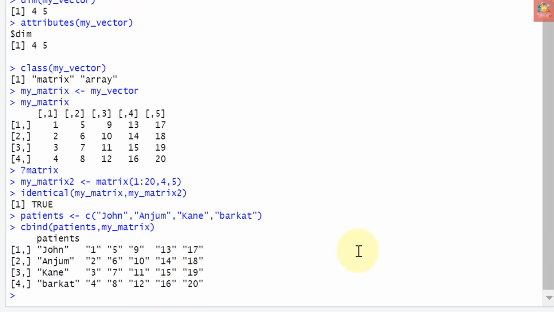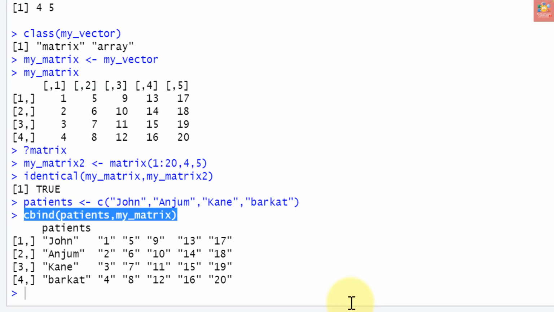You have seen that something is fishy about our result. It appears that combining the character vector with our matrix of numbers caused everything to be enclosed in double quotes. So this means we are left with a matrix of character strings, which is no good. If you remember back to the beginning of this lesson, I told you that matrices can only contain one class of data. Therefore, when we tried to combine a character vector with a numeric matrix, R was forced to coerce the numbers to characters, hence the double quotes. This is called implicit coercion because we didn't ask for it, it just happened.